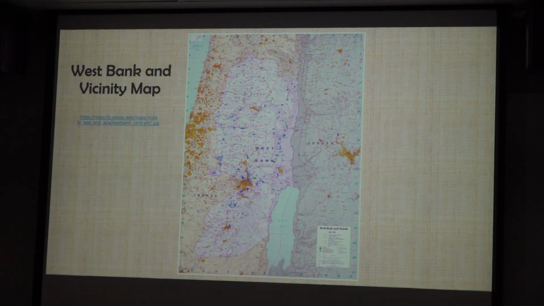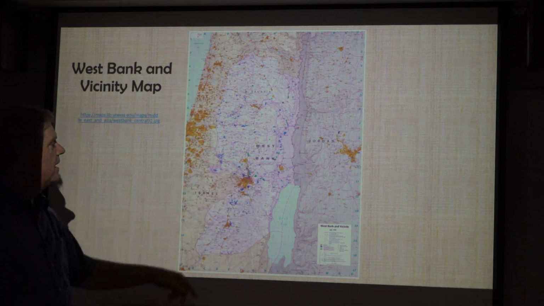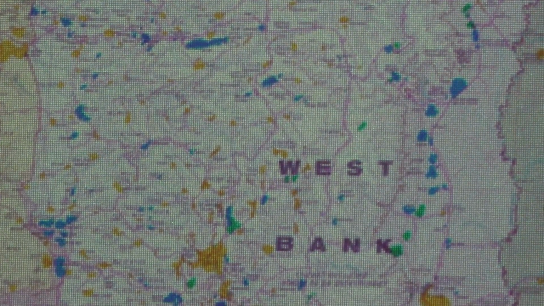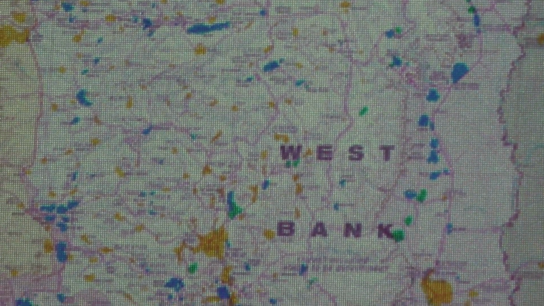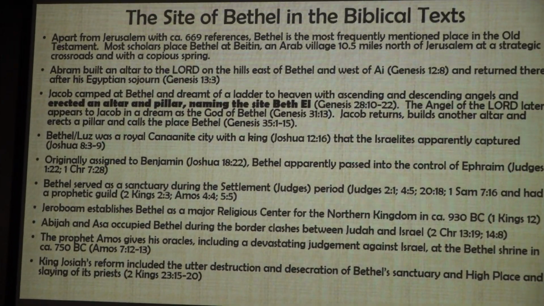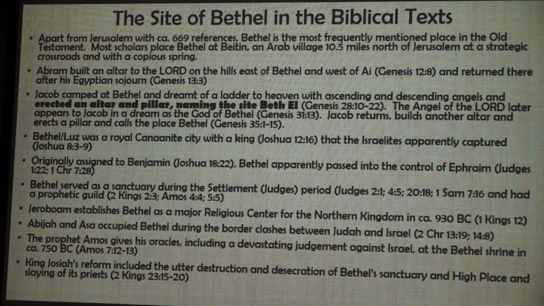This is, again, a view of the West Bank, and Bethel is just north of Jerusalem in the plateau that is called the Central Benjamin Plateau, or just north of that. As we see from Scripture, Bethel is the most frequently mentioned place in the Old Testament, nearly 669 references. Most scholars place Bethel at a site called Beitin, which is an Arab village about 10 miles north